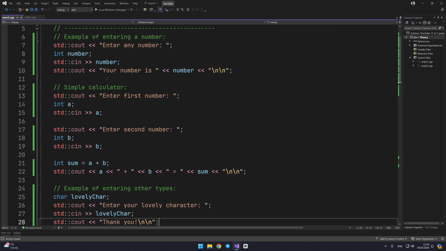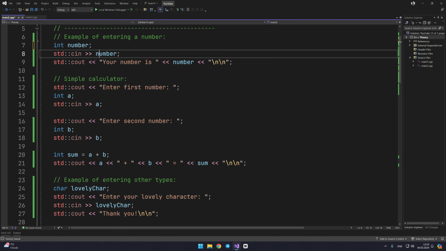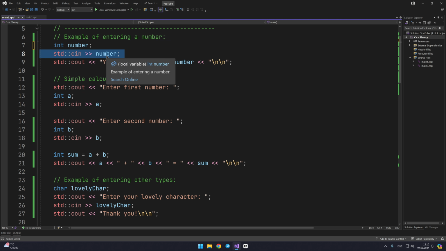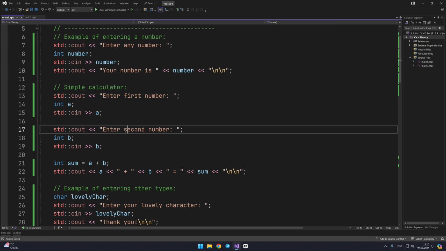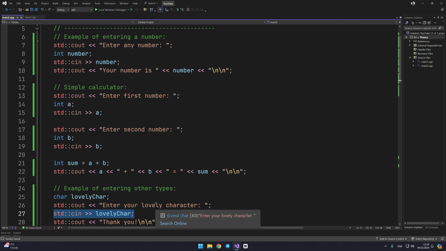The second thing to note is that every time before the data input command, I explain to the user what he should enter. Imagine that this information is not here. How can someone who has never seen your code know what to enter? He just can't. That's why I always try to explain to the user what he should enter. In this example, I'm asking for different numbers here, here, and here. And here I ask you to enter a symbol.